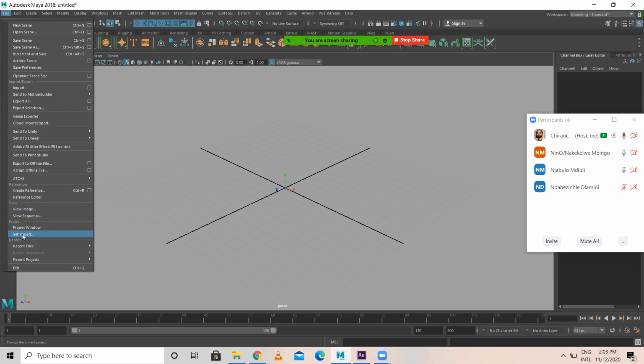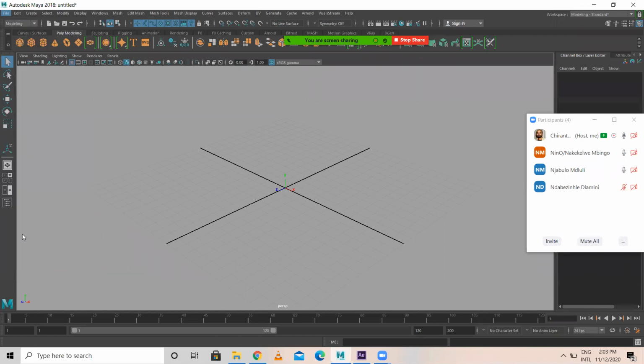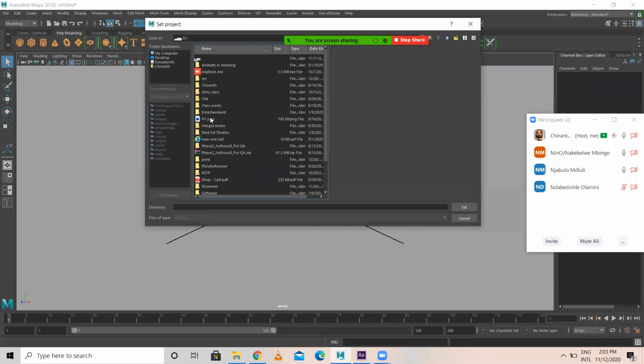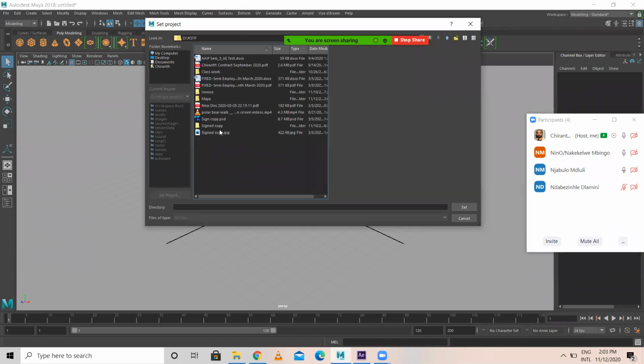Click on the set project. Click on the set project here, Maya and interior.